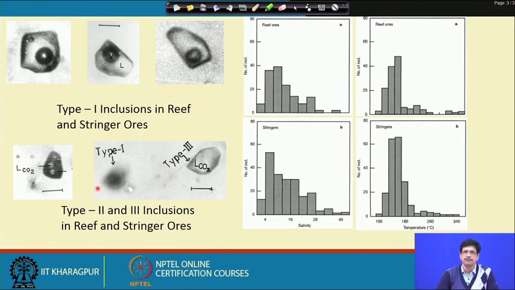Now, what kind of fluid inclusions do we see in them? Essentially, the first question that would possibly arise is whether this mineralization in the main reef and the small mineralized stringers in the granite are the same or different. So, you get the samples and then look at fluid inclusions in them. When you see the fluid inclusions in them, we do not find much of a difference so far as the fluid inclusion types are concerned.